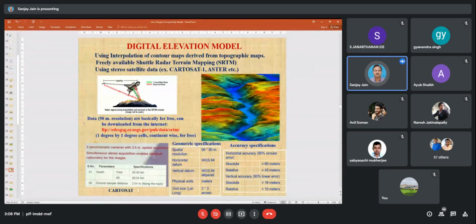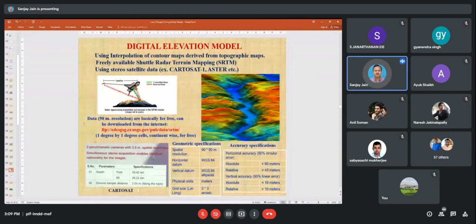I know what a contour is: the line of equal height. So I know the contours of say 100 meter, 120 meter, 140 meter, 160 meter, at an interval of 20 meters. Whatever grid falls over that line, I know the height of that. But in between, what is the height? I don't know. There are a number of grids between two contours, if I am talking about the raster map. So if I interpolate these maps, I can get heights of say 120, 121, 122, 123 like that, up to 140. That is nothing but simple interpolation.